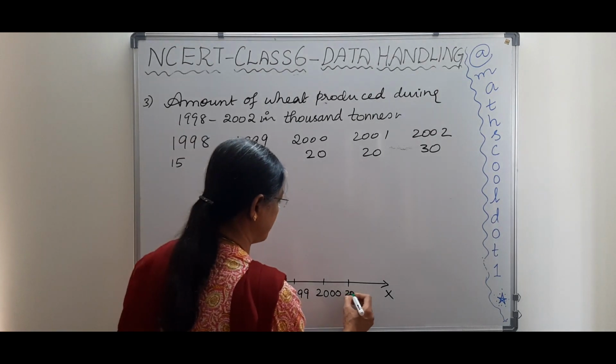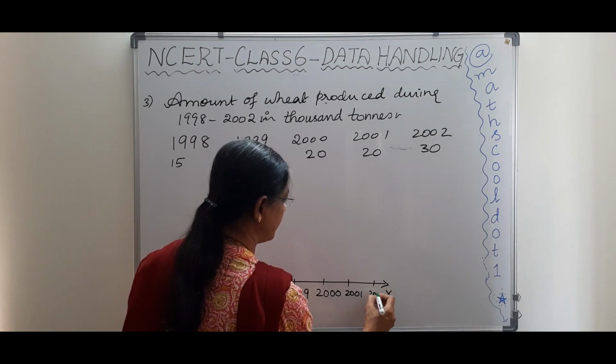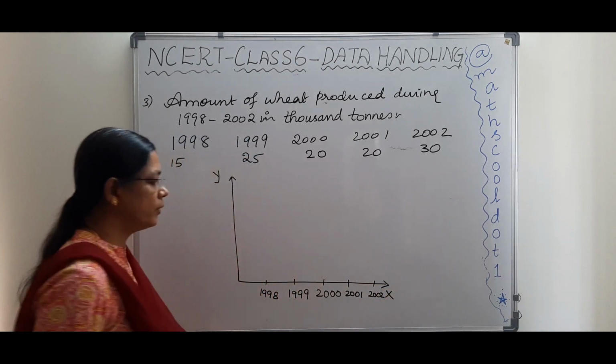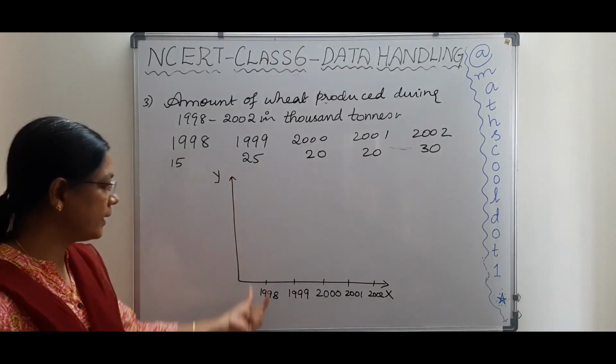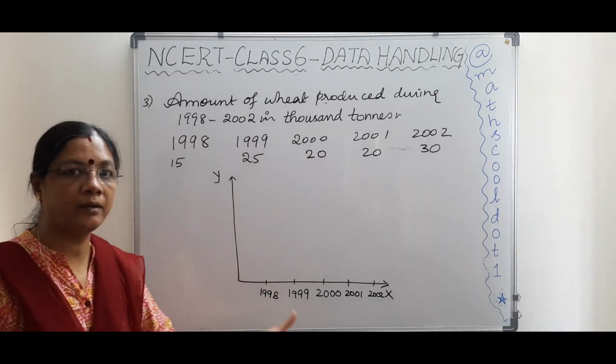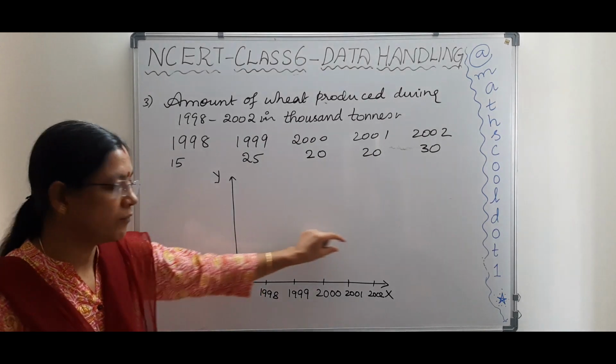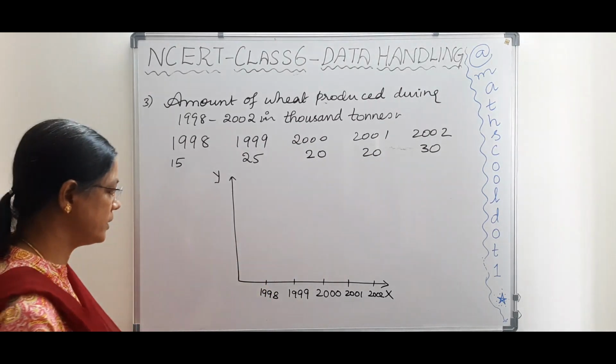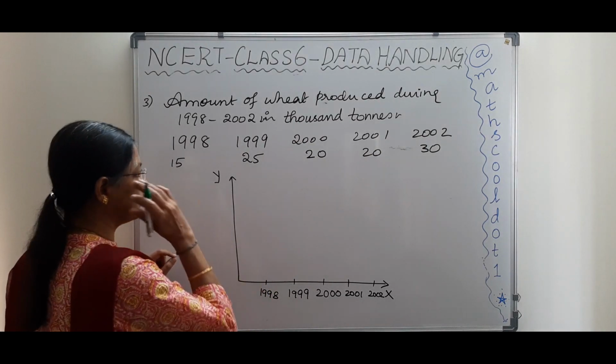So anyway, the bar graph will be changing. If we do it in this way, the bar graphs will be vertical bar graphs, and if we exchange the year and the amount produced, then we'll have horizontal bar graphs. Okay, so now we are going to see the vertical bar graphs.